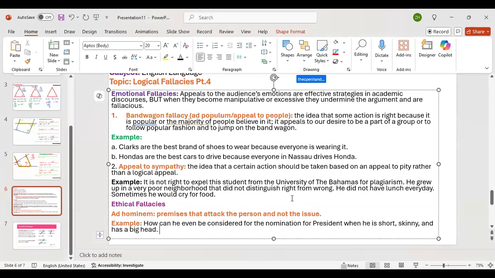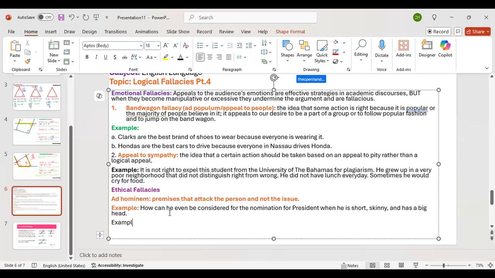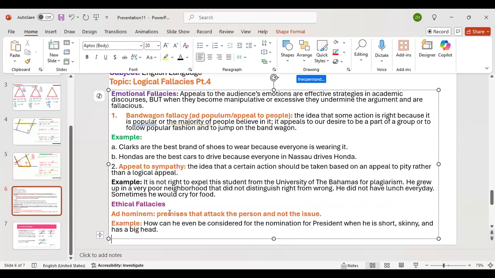All right. So this is an ad hominem attack, right? Because what does being skinny, having a big head, and short have to do with nomination for president, right? He can't see over the podium. They could always put a stand. They gotta buy a stand. That's taking out the money.